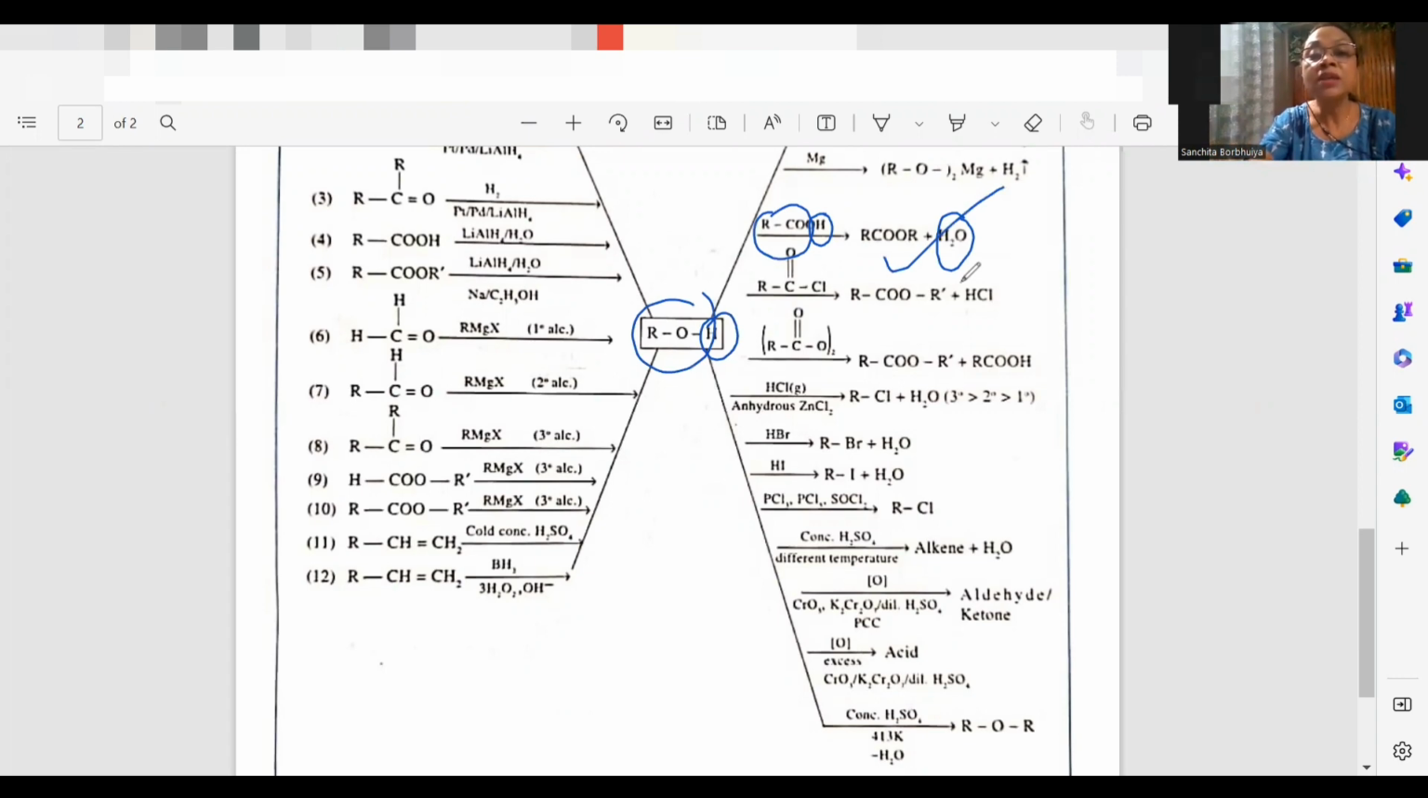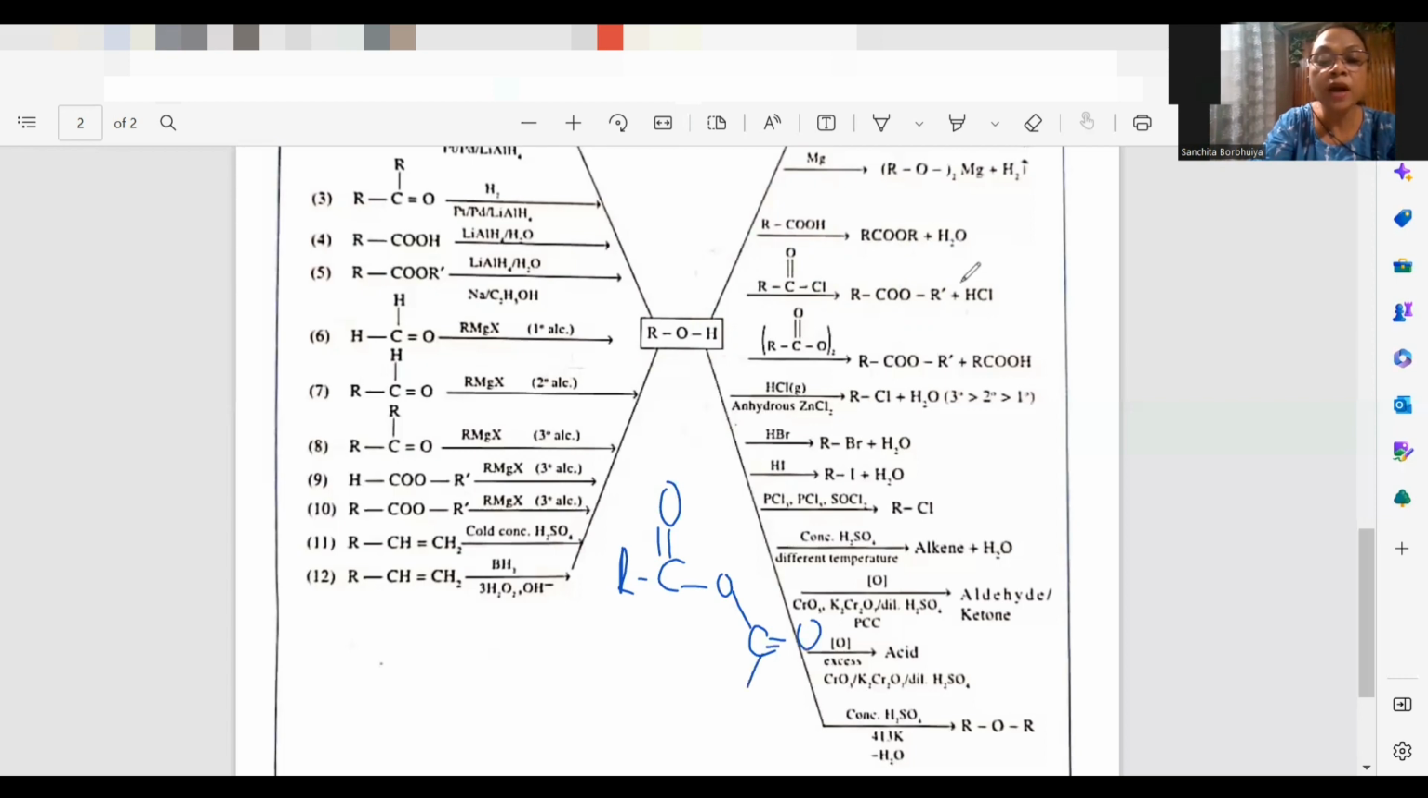The next reaction is alcohol, once again reaction with acyl halide. RCOCl is acyl halide. If you react with acyl halide in pyridine solvent, you will get RCOOR, or R dash, whatever it is, you get an ester once again. If you take an anhydride, RC double bond O, C double bond OR, the anhydride, once again, the side product will be